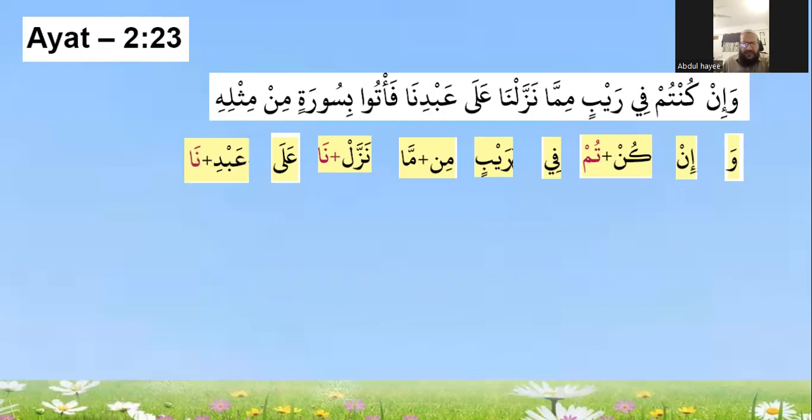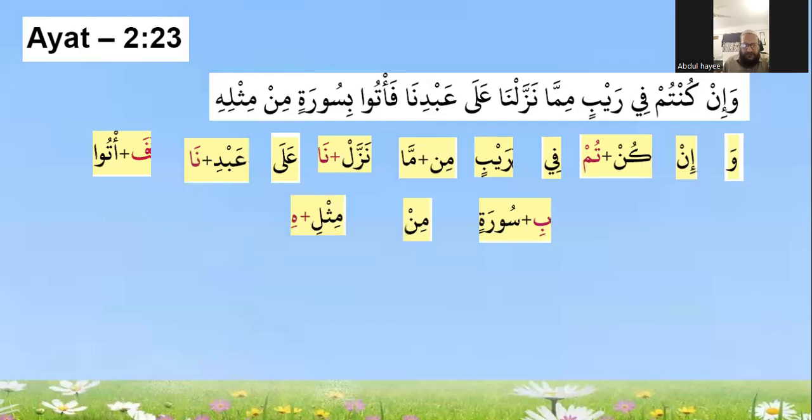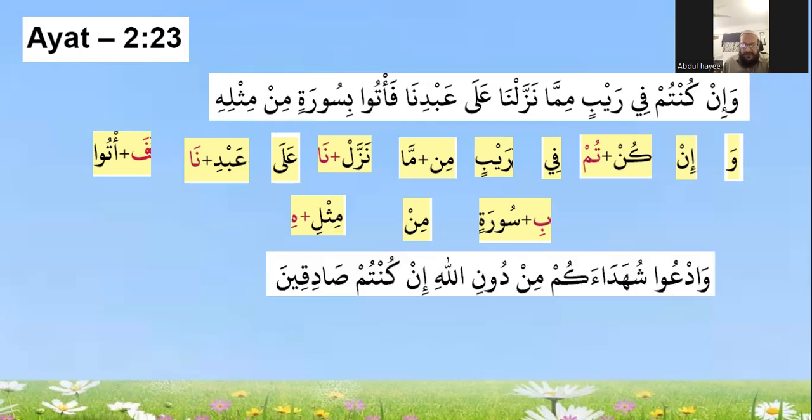Fa'atu, yes, break this word. Fa. Yes. Then, alif and ta. Yes, and the vowel is the plural sign. So this atu, the vowel is plural. This word can be separated. Min is a harf. Mislehi. It is two parts. Misl and hi. The next, wad'u. Please break this word wad'u. How many parts? Wow. Then yes.